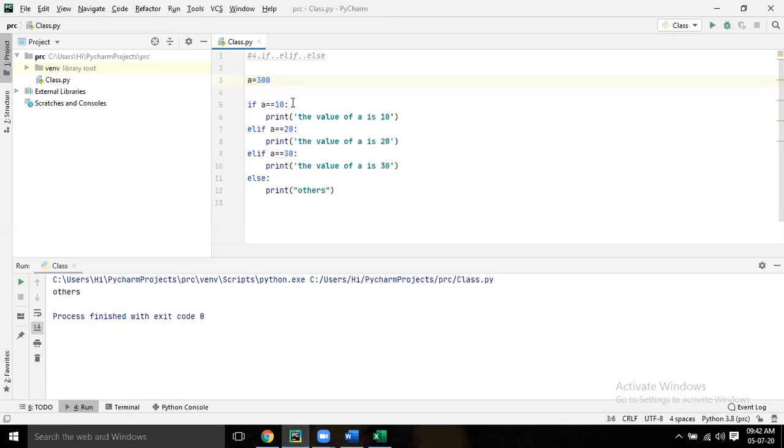That means if this is not satisfying, then it will check this one. If the father is not agreeing for a love marriage, then it will go to the mother. If the mother is not there, the grandfather, like that. But in nested if, if the father is not agreeing, stop there. You can't go inside. Okay, sir, now got it. Perfect. So this is nothing but else if and nested if.